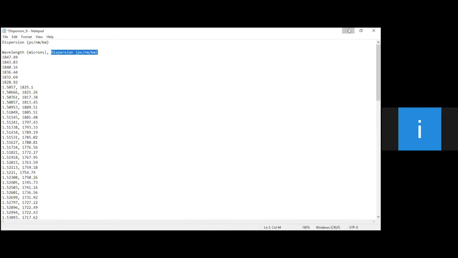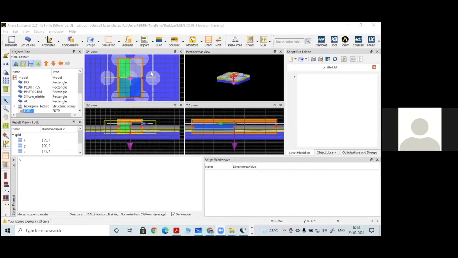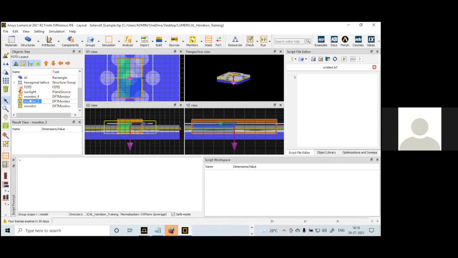Okay, one minute, let me present one more window. This is one example of a solar cell, sir. As you asked, for the transmittance and reflectance, we have to use these power monitors. This is an example of a solar cell that we have done in our R&D lab. It is the work of one of our research scholars.